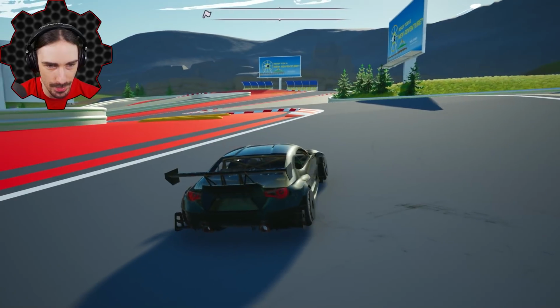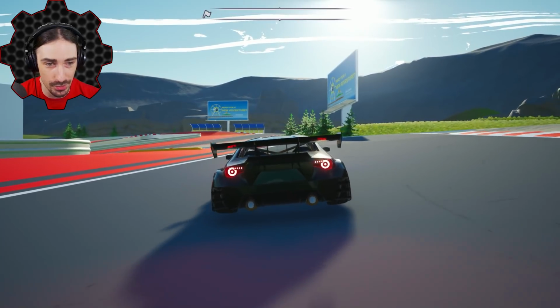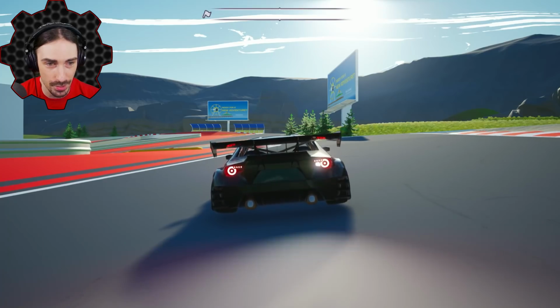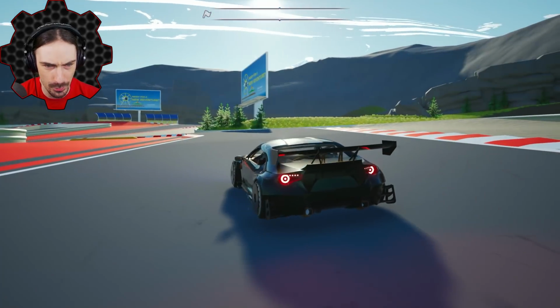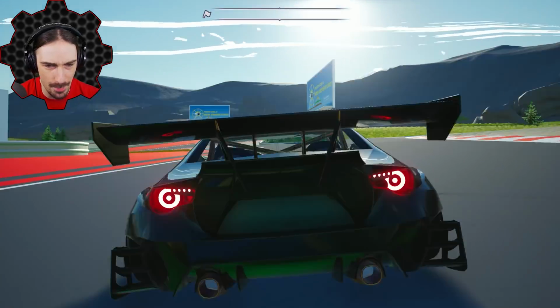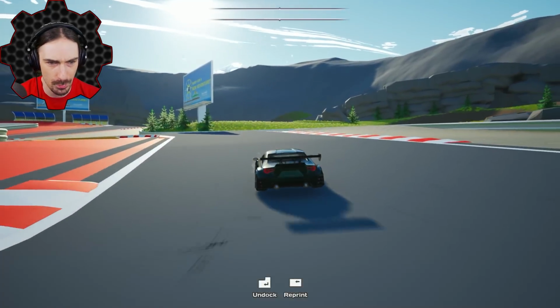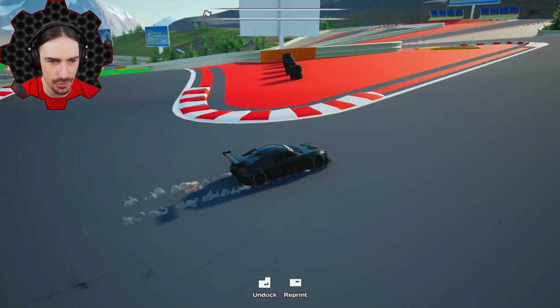Oh, we actually have different lights. We have your lights are on, and then you have your high beams. This one also has reverse lights. You got your brake light, and you got your reverse lights. Wait, is there only one reverse light? Why isn't there a reverse light on the left side? Are you missing a reverse light? How does that happen? Especially with symmetry mode on, unless I accidentally broke it. Huh, there seems to only be one reverse light. Interesting. All right, well, let's drive this thing and see how...